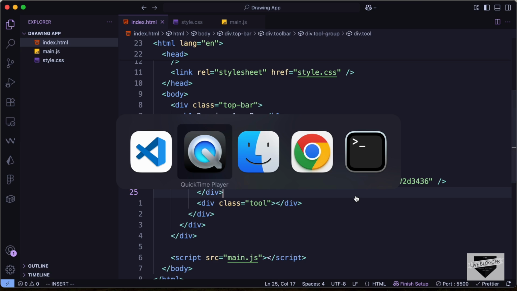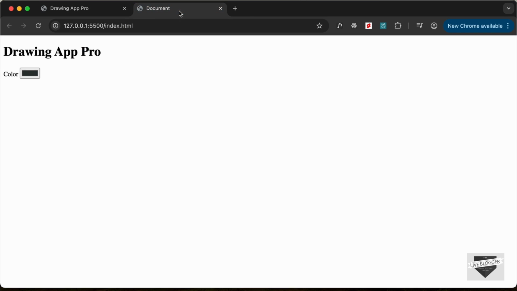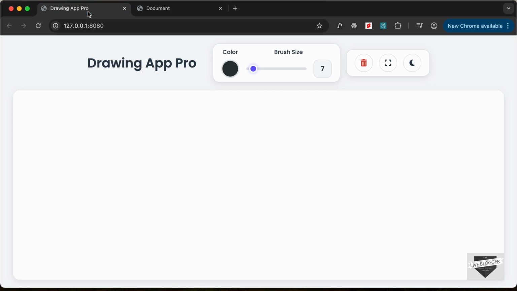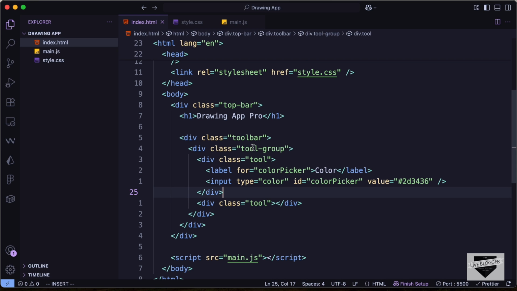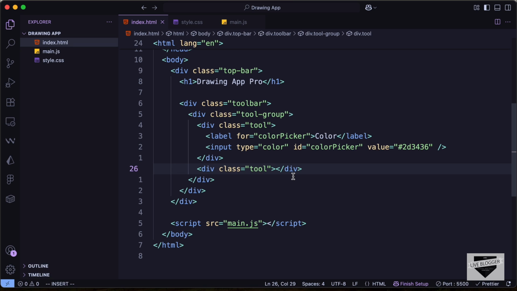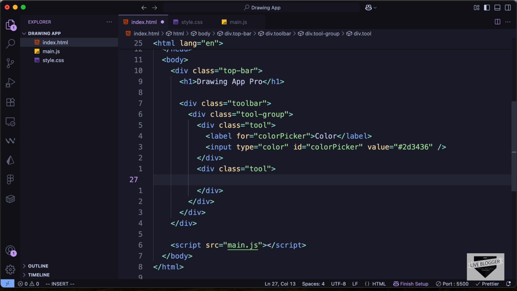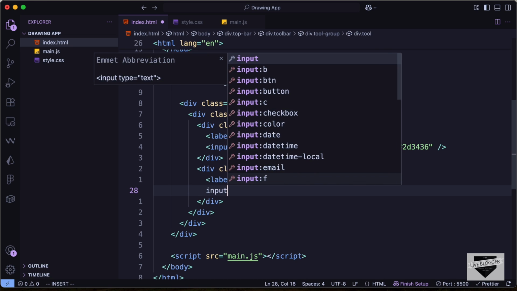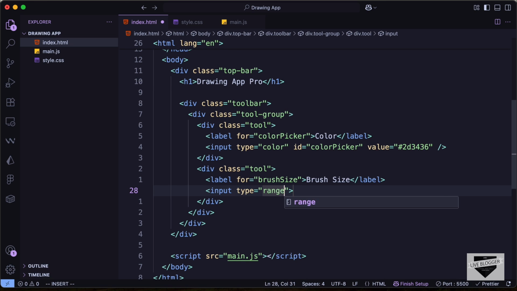So now if you go back to our website, here we can see that we have this color picker. And the next thing we need to do is create this slider for the brush size. So inside the other tool division, let's go ahead and create a label, and in the for let's type brush size, and here let's type brush size, and let's create an input, and let's give it a type of range,